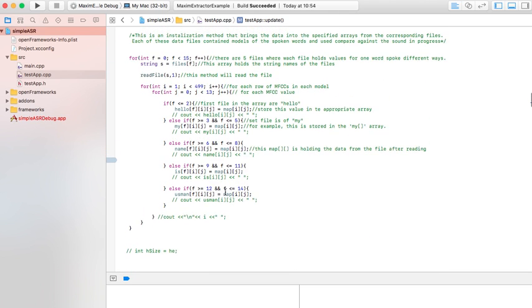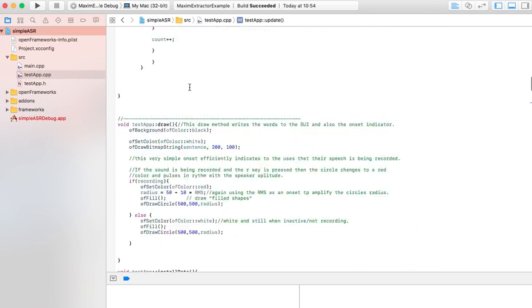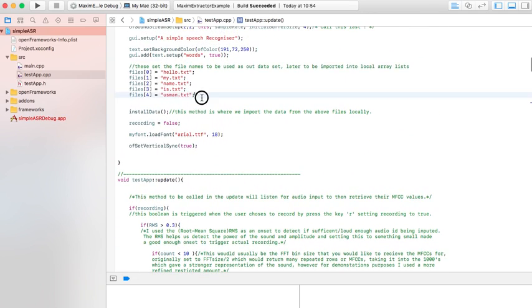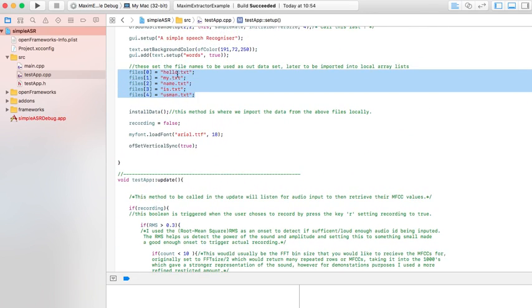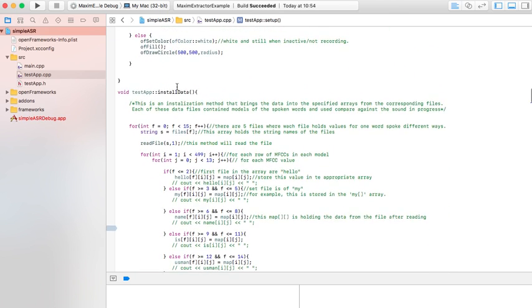Now, before it does search data, this is one thing which gets called in the setup method. What it's basically doing is those files that I showed you earlier, each of those files contains all the models in there, and it's not just one version of hello. If hello was 20 MFCC rows long, that would basically have 300 rows in there. That's the 15 versions of the word hello, 20 by 20 parts listed. So that's the same for all these words. And what this method basically does, the install data,